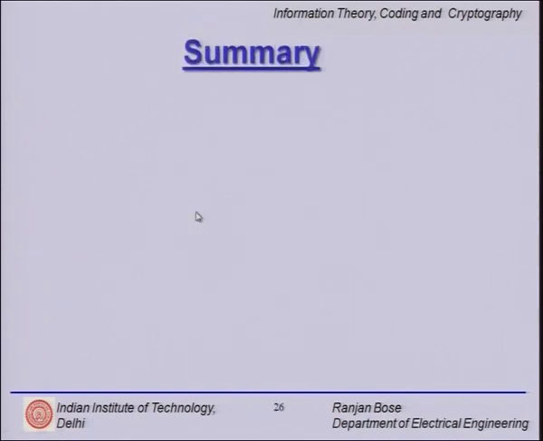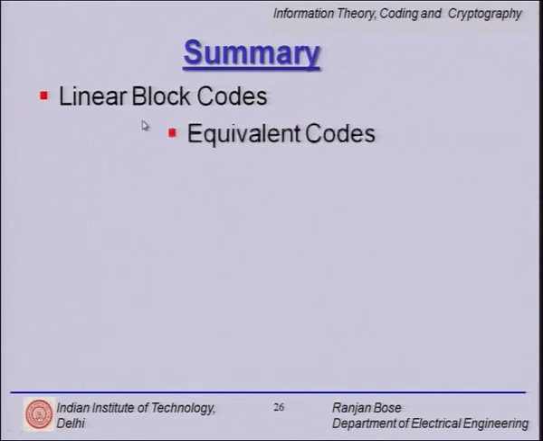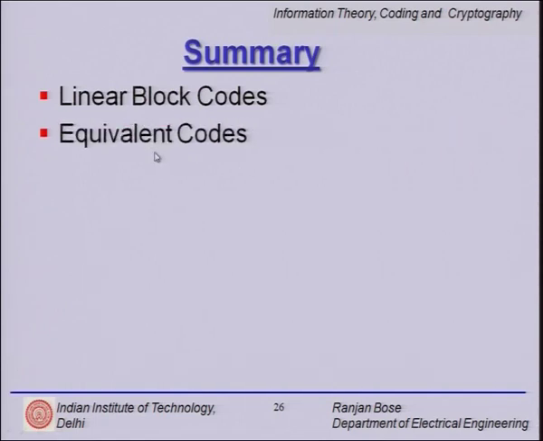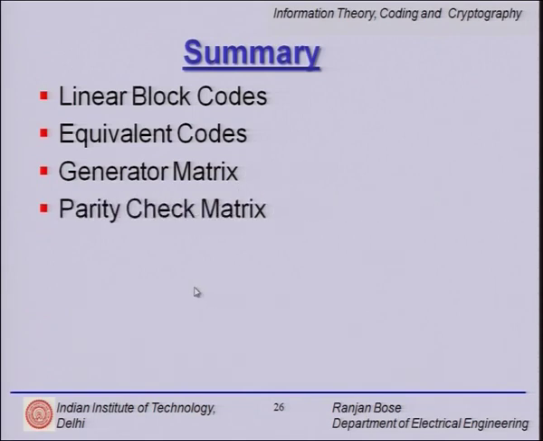So with this we come to the end of this lecture. Let's just summarize what we have learned so far. We started looking at linear block codes, then we spent some time looking at equivalent codes because they are pretty helpful. They are very handy mathematical tools to make one code equivalent to another code. Then we looked at the notion of generator matrices, and finally we moved over to the decoding side and looked at the parity check matrix. Of course, we looked at a few examples on the way. With that, we come to the end of this lecture.